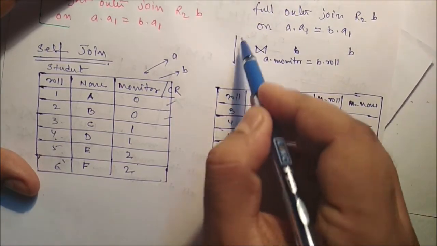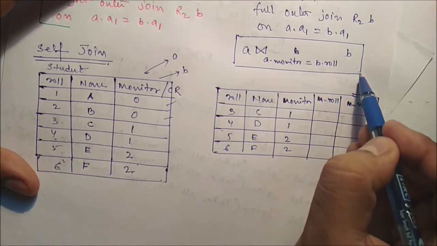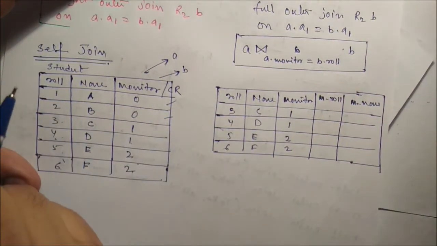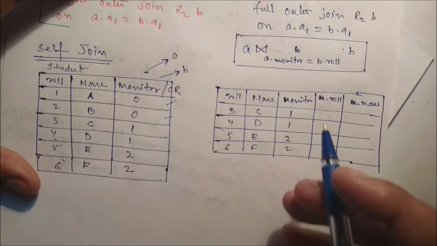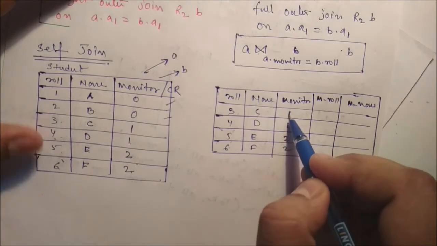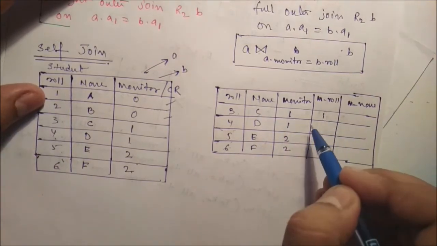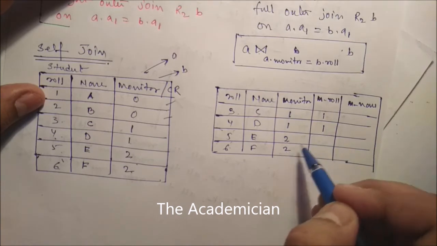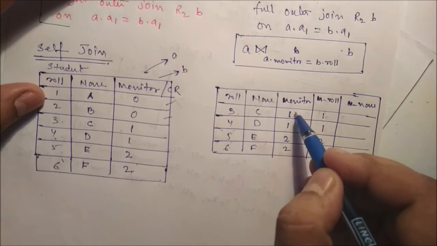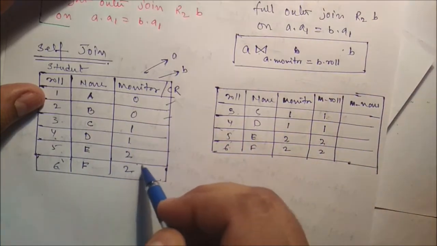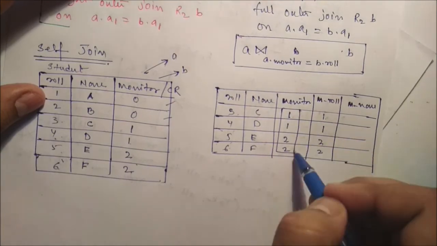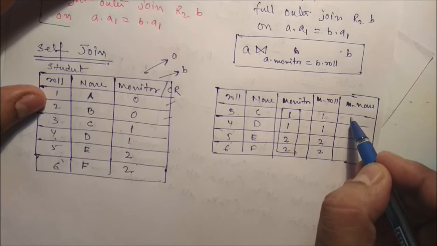So we have to apply this particular concept where A and B are both the same table, student. So the output will be what? 3, 4, 5, 6, monitor 1, 1, 2, 2. So monitor 1, roll number is 1; monitor 2, roll number 2; monitor 1, roll number 1. So this is nothing but the roll number of the monitor or the roll number of the class representative, and the name is what? Here the output will be what?